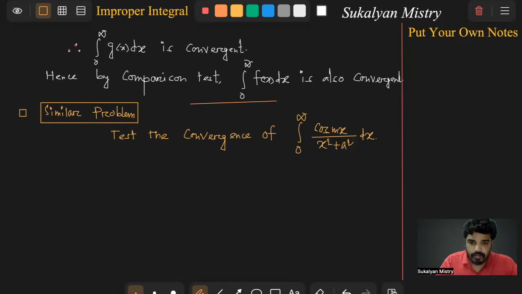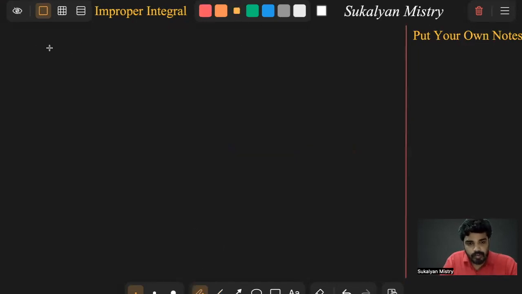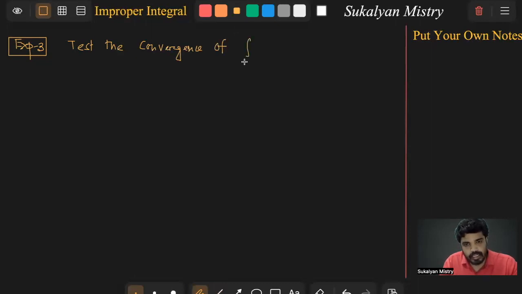Okay, so next example. So example 3. Test the convergence of the integration 0 to infinity e to the power minus x square dx. Okay. Answer. We have